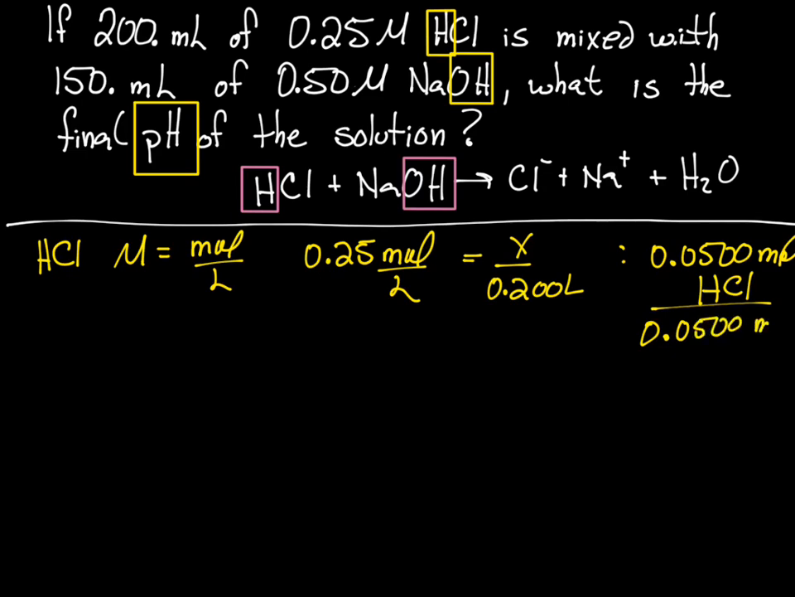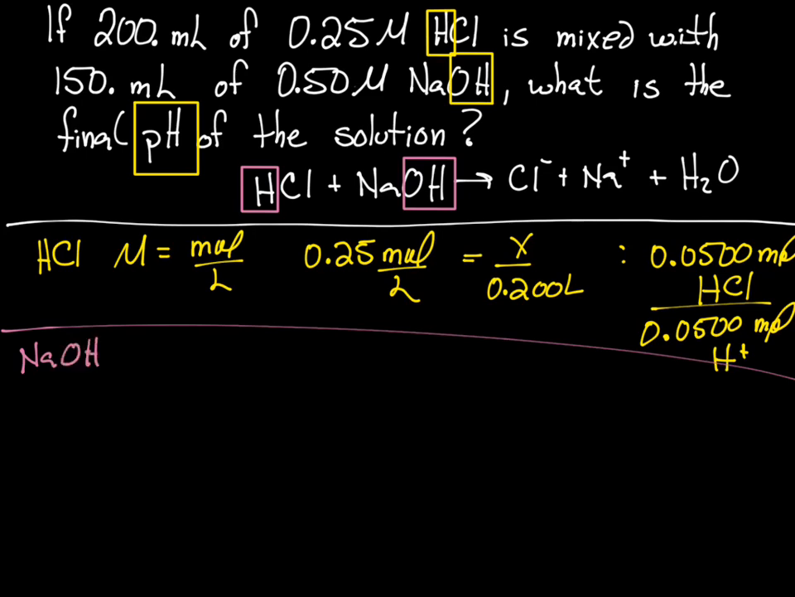0.0500 mole of H plus, or H3O if you prefer. Okay, let's try this again. We'll do this now with the NaOH. So NaOH, we have a concentration of 0.50 molar, or mole over liter, equals, we don't know how many moles, and 0.150 liters, giving us